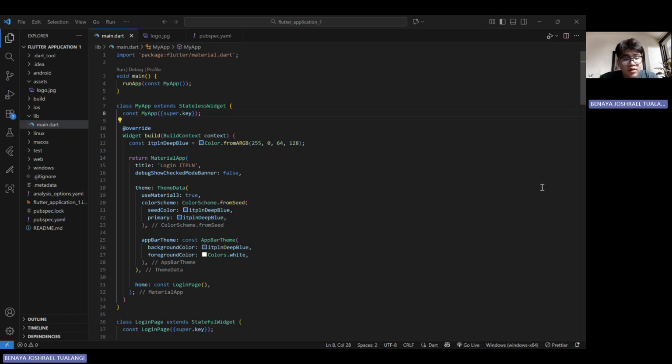Okay, next we have define a widget. What is a widget? A widget is the fundamental building block of every Flutter application. Essentially, everything you see, or even the space between what you see, is a widget. They are declarative blueprints that describe how a part of the user interface should look at any given moment, and they compose a hierarchy known as the widget tree.